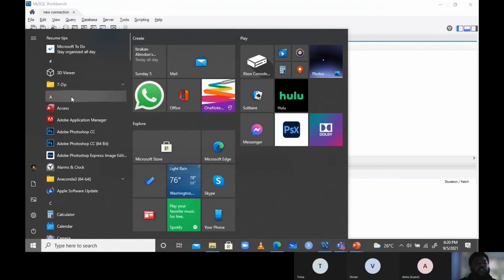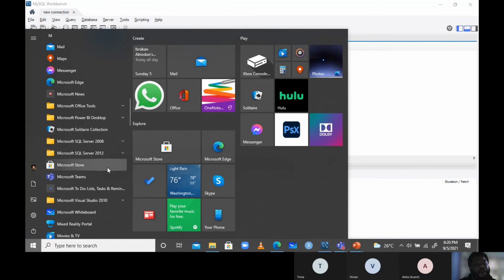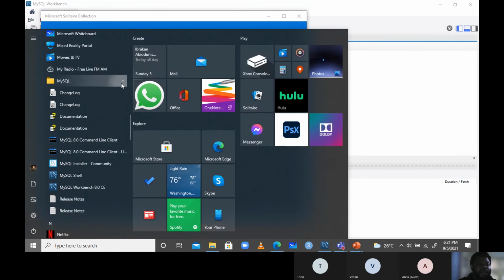To create your database, go to MySQL on your list. Go to your programs, all programs, and open the MySQL folder.